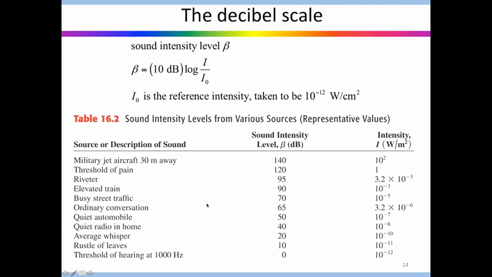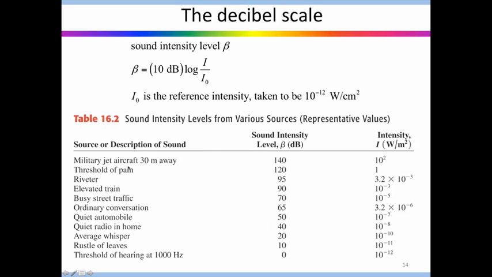Next, how do we measure intensity? We can measure it on a linear scale, but that will be very misleading, because actually our ear does not respond linearly to sound. Our ear responds logarithmically to sound, which is why we have defined a new type of scale called the decibel scale to measure sound intensity, beta. So this is 10 dB times log I divided by I naught. I naught is called the reference intensity and is taken to be 10 to the minus 12 watts per meter square. So here in this table from the textbook, you can see the sound intensity level coming from various sources